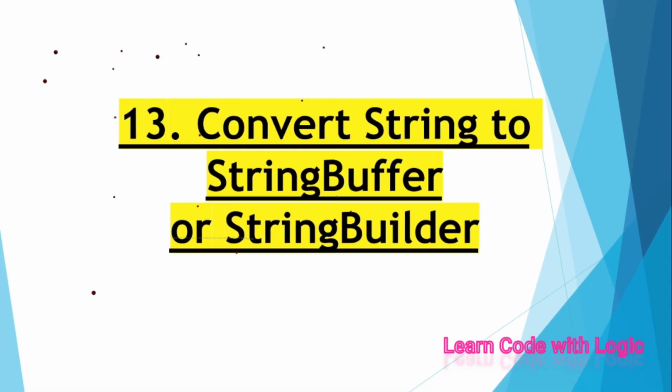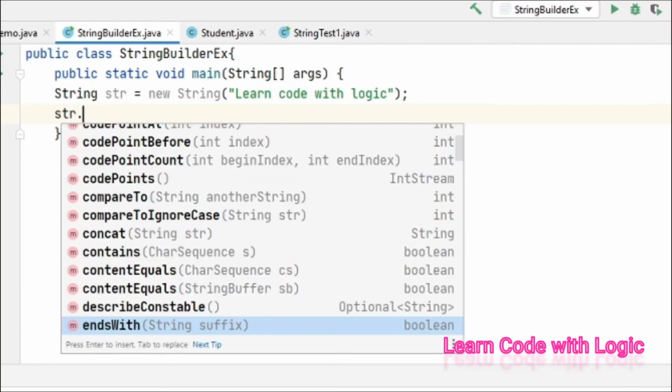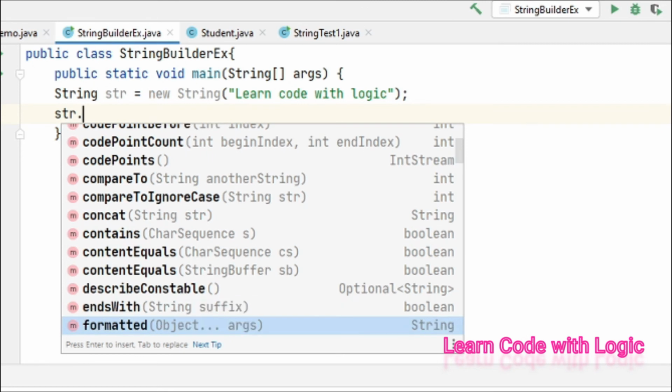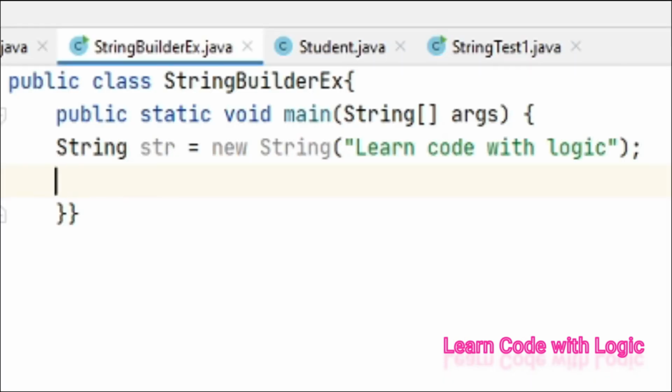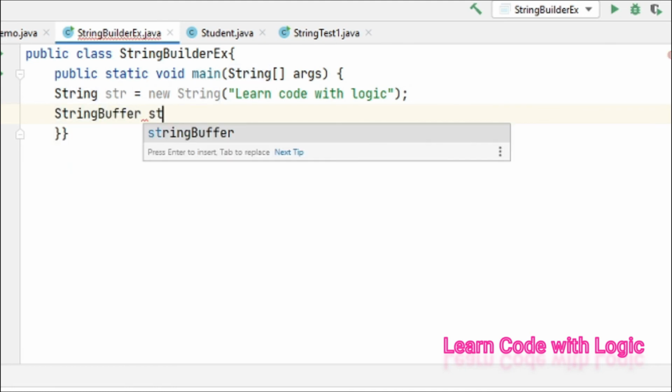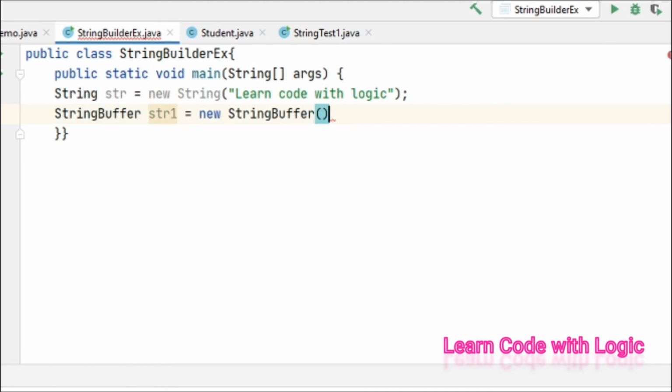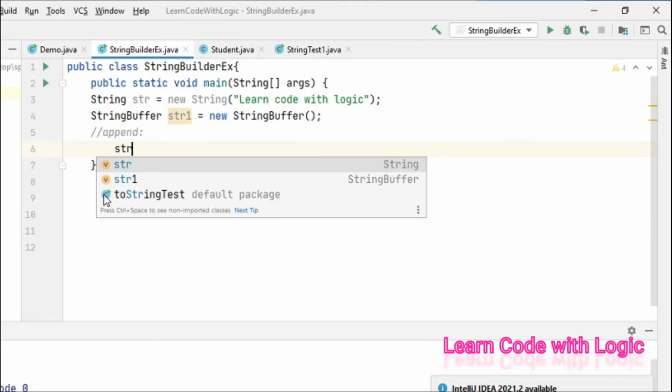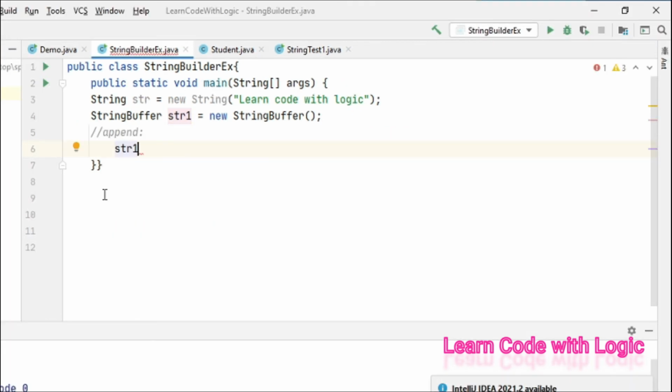Okay, let's see the code for better understanding. For example, here I have taken a class and one string object. If you want to use string builder or string buffer methods, first of all we need to convert the string object, right? Now create the object for string buffer also. After that, we need to use the append method.